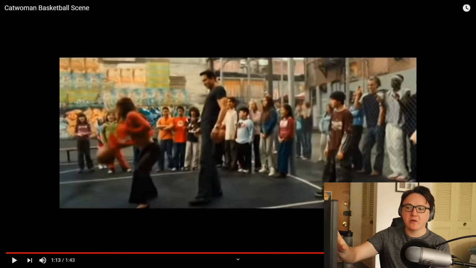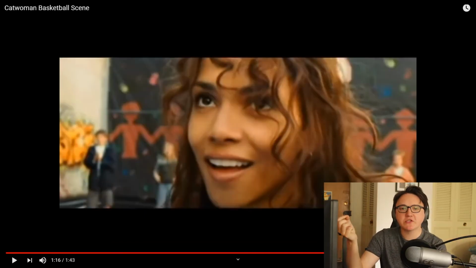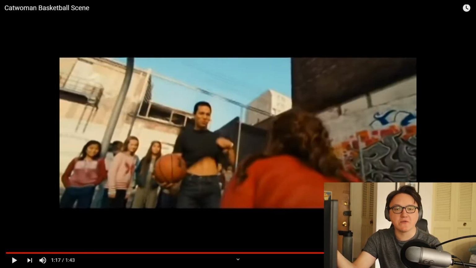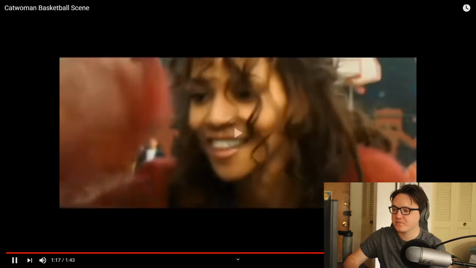It has a 9 on Rotten Tomatoes. But the music and the kids and the setting all say fun, but then these two come in and they're like, we're gonna have sex on your basketball court. Like, this is fine. Her doing her little booty bump thing, like whatever, yeah, it's cute, it's fun. But you don't have to show the close-up of her ass when she's doing it, and then you don't have to have Mr. Man over here waving his abs around. I don't get it, it's so weird.